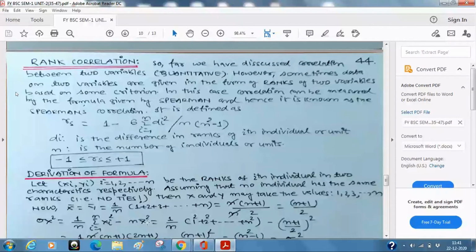xi square का मतलब क्या होगा? If these are the xi values, this is 1 square plus 2 square plus 3 square plus कहाँ तक जाएंगे? n square. So this is the formula which I have written here. So this is 1 square, 2 square, 3 square and n square. Can you get some idea? आपको कुछ समझ में आ रहा है कि ये क्या लिखा हुआ है? This is what? This is the sum of the squares of the first n natural numbers.